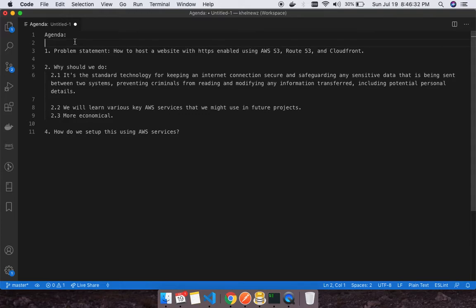It also ensures that if all the information is encrypted, then obviously a third person cannot read it, right?